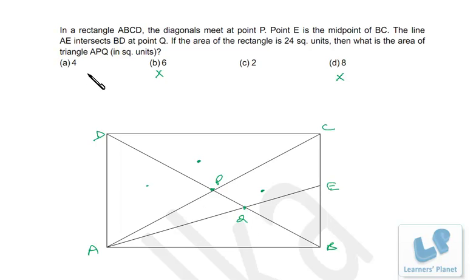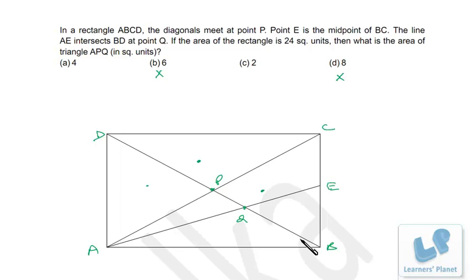Clearly it can be seen that the area of this triangle APQ will be 2, right, if we choose among 4 and 2. Now logically, how could we decide that? See, this BP is actually a median, right, because P is the midpoint of AC. So in triangle ABC, BP is the median. Now the median is passing through Q, that means Q is what? Centroid.